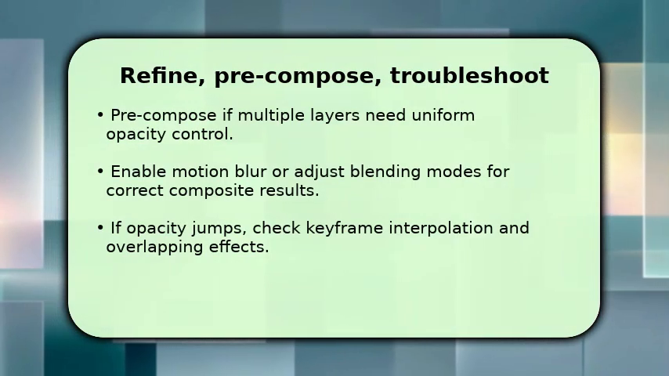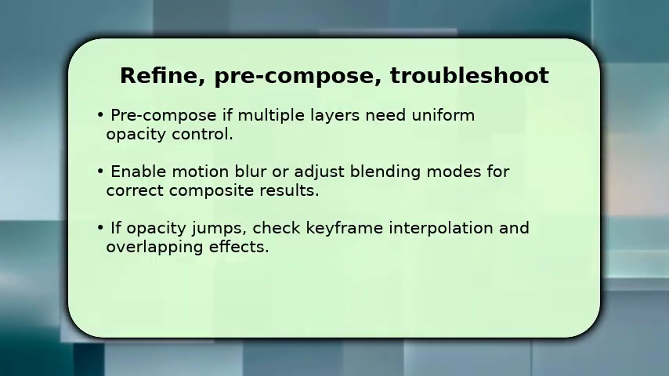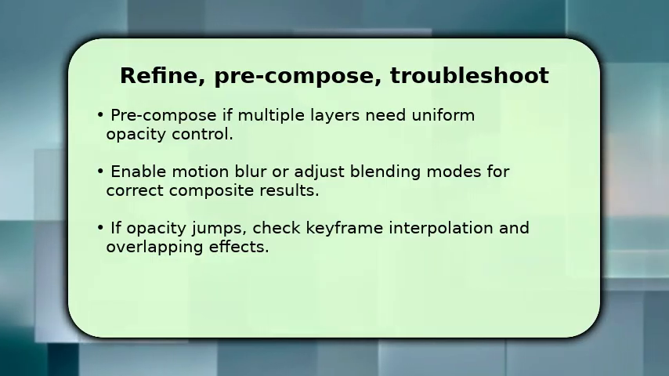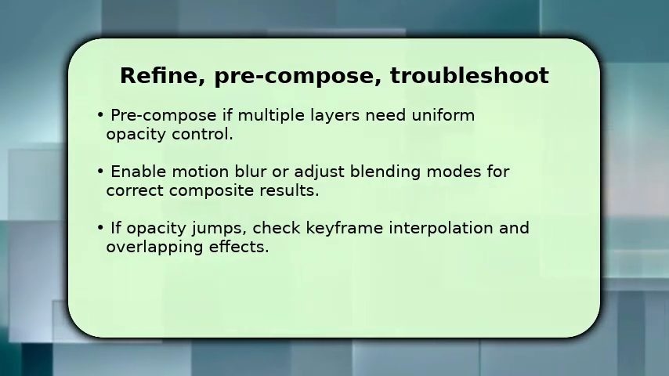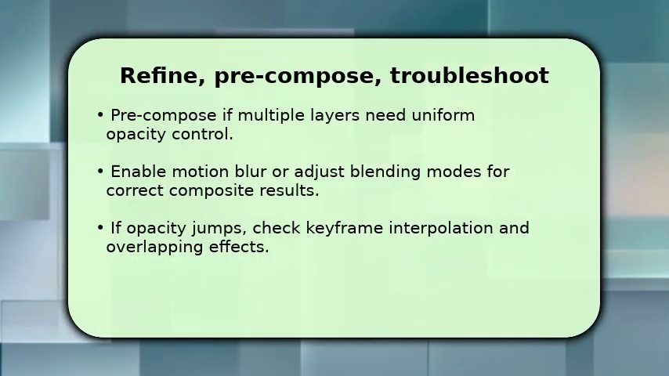Finish by refining. Pre-compose layers when you want a single opacity control across many elements, and enable motion blur for smoother perception of change. If you're using effects that alter alpha, make sure their stacking order is correct so opacity